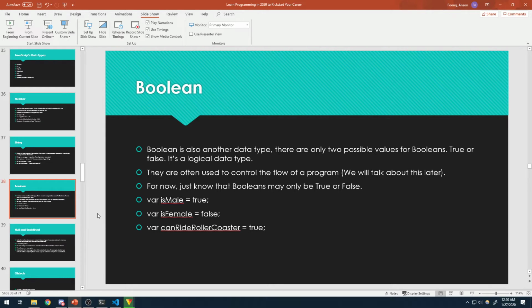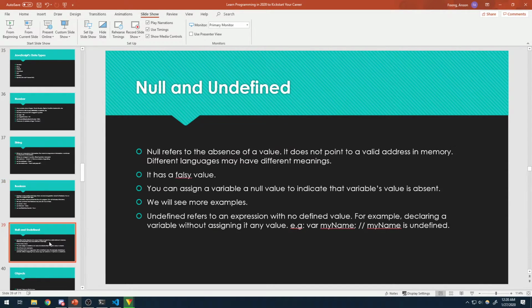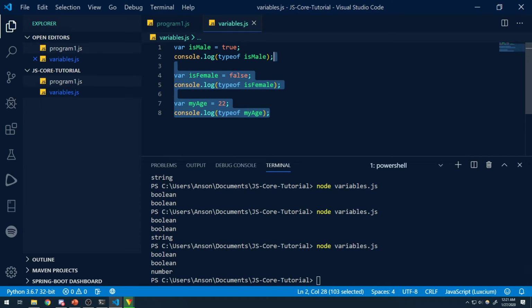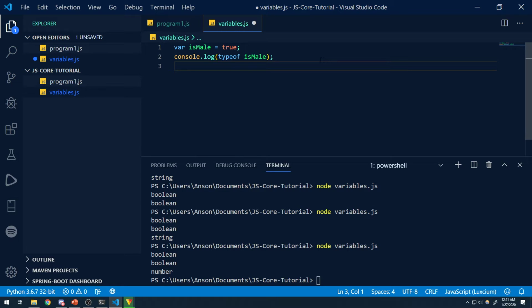Okay, cool. Now that we've covered Boolean, let's go over the other two data types, null and undefined. You're going to encounter these values quite often. Null usually refers to the absence of a value, which means it doesn't point to a valid address in memory, and different languages may have different meanings for null. Let's say you were calling some function and it had to return something. You might not understand this whole concept of functions because we haven't gone over it yet, but I'm trying to think of a better